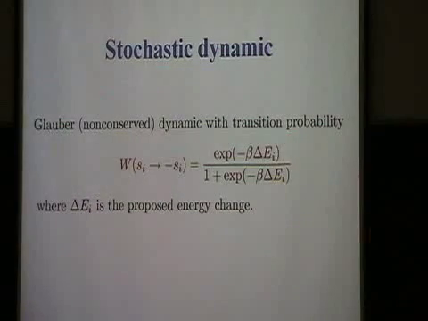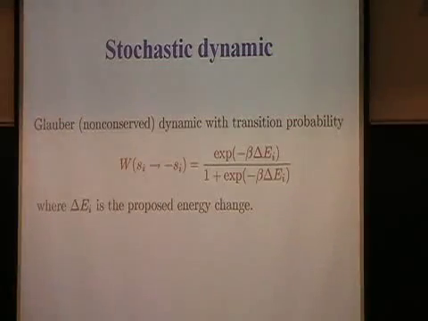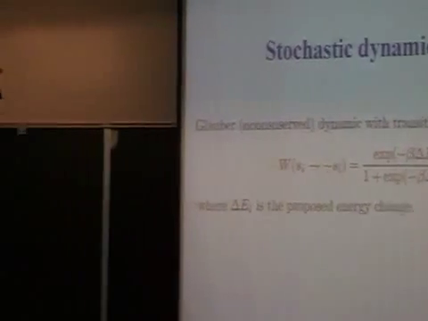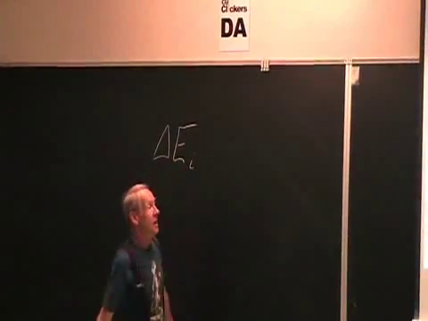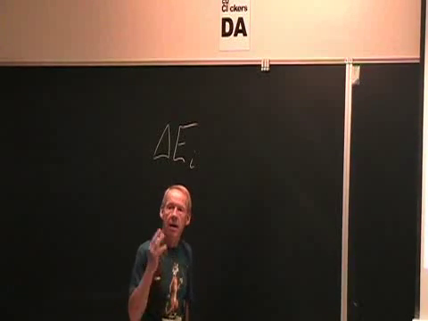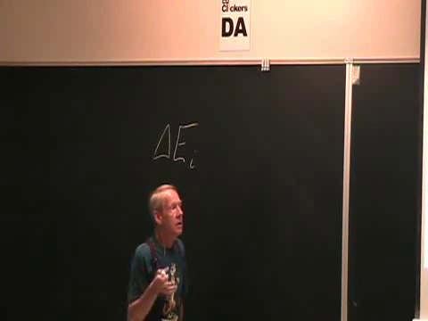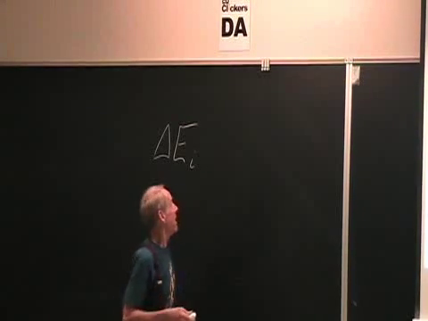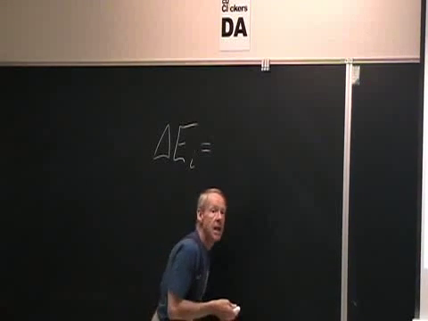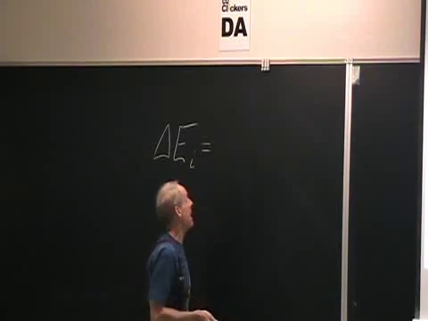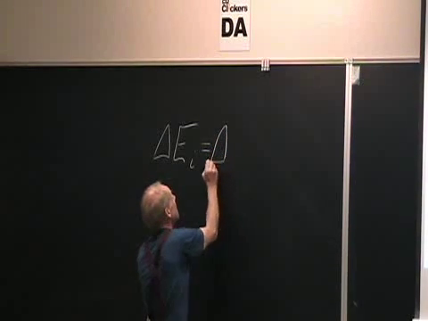So here then, in the standard Glauber dynamic, as it's written there, I have the change in energy when I flip a spin, and the transition probabilities are based on the total change in energy. Right? Now I can decompose my change in energy into the change in internal energy and the change in field energy, or Zeeman energy. So I can write this as delta,